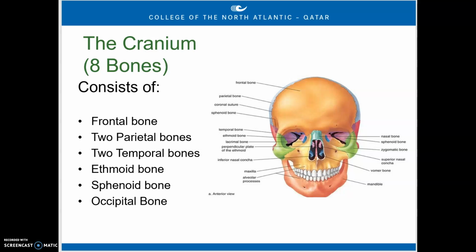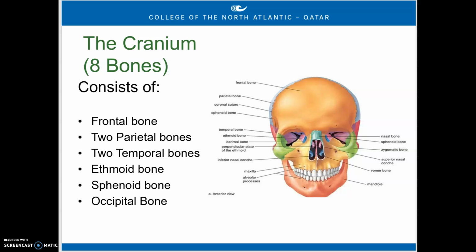Alright, so let's start with the axial skeleton and start right at the top with the skull, or the cranium. The cranium is going to consist of 8 different bones, 4 individual bones, and 2 that are paired. So the frontal bone is probably going to be the biggest one. It makes up the top part of your eyes and most of your forehead,